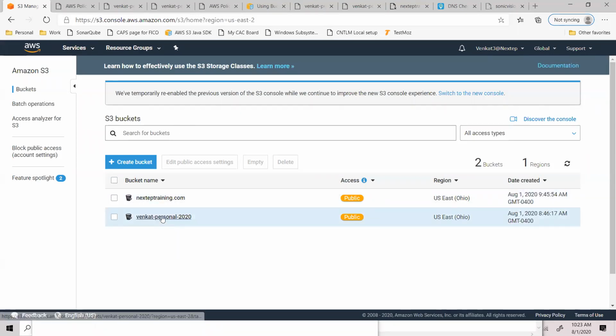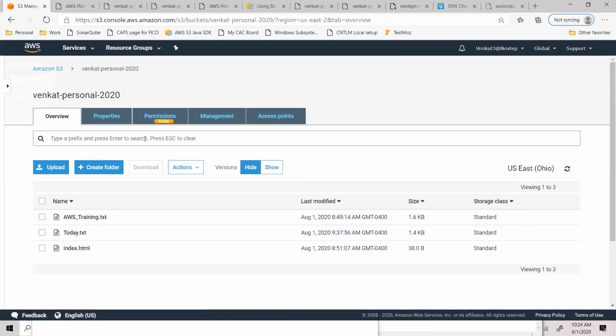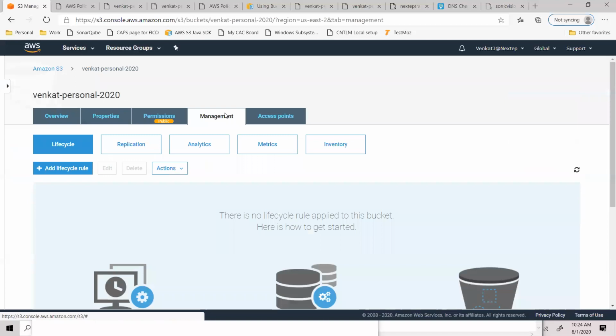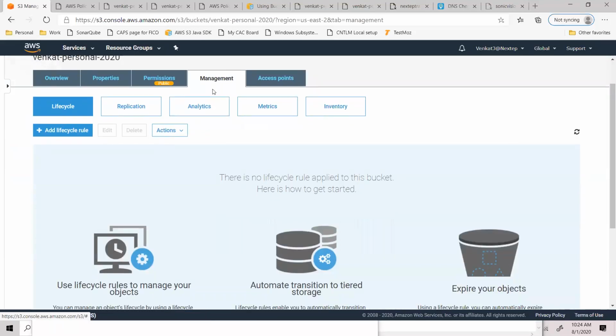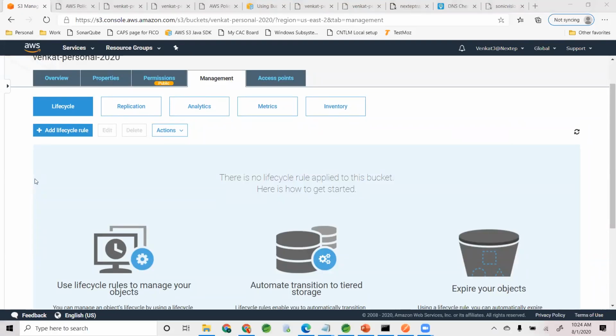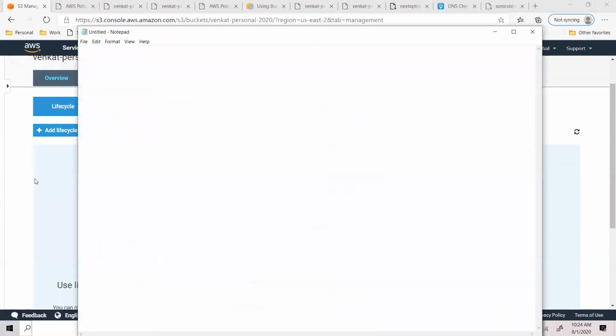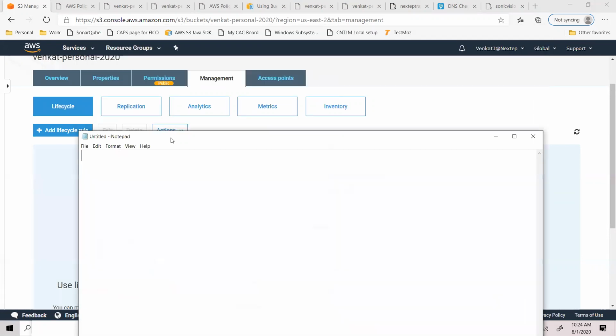So go to your bucket and then go to management. This is about the management. How do you manage your objects? And this is your life cycle. So you can define your life cycle rule. These are my rules for my bank statements, right? All of my bank statements are stored in this bank statements bucket. So first 60 days, or actually 30 days, right? So first 30 days, I want to store them in